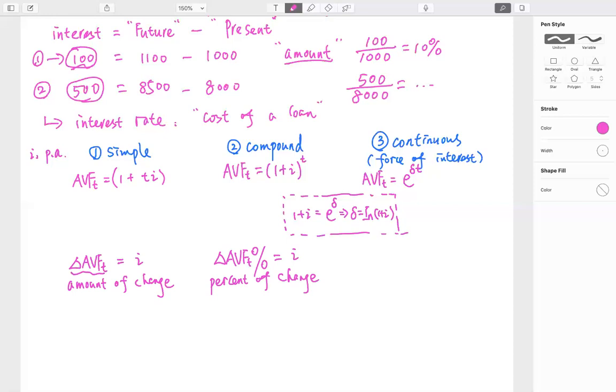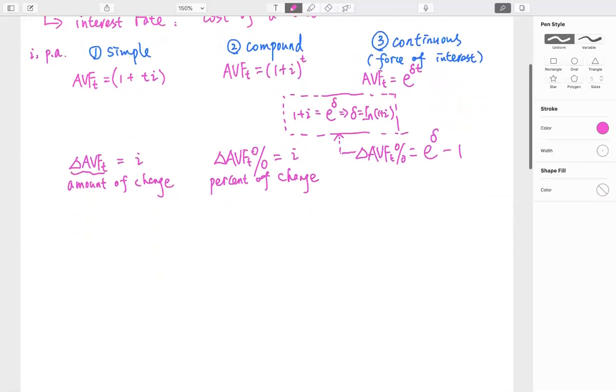In the continuous case, it's the same, but the percentage is no longer I. It will be e to the delta minus 1. Again, that is not difficult to understand. It directly comes from this box, right? Because I is e to the delta minus 1. So in the last two cases, the percentage change is a constant. In the first simple case, it's the amount of change that is a constant. If we draw a quick graph,